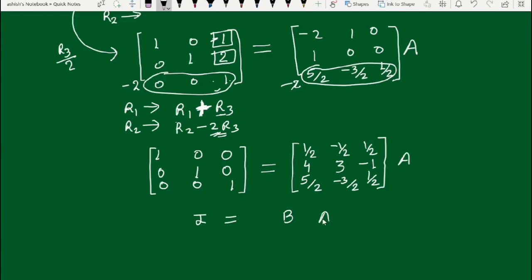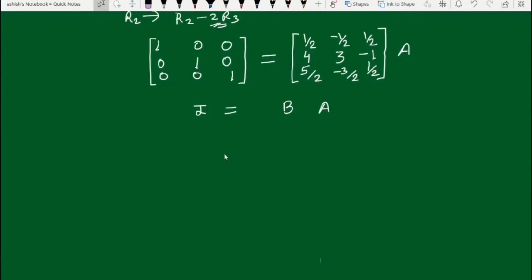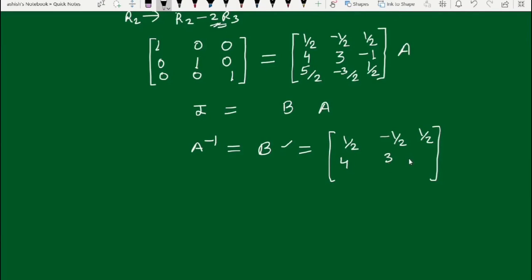This is I, this is B, this is A, that is I by A, that is A inverse is B. And B is what? B is 1 by 2, minus 1 by 2, 1 by 2, 4, 3, minus 1, 5 by 2, minus 3 by 2, 1 by 2. Okay, I hope